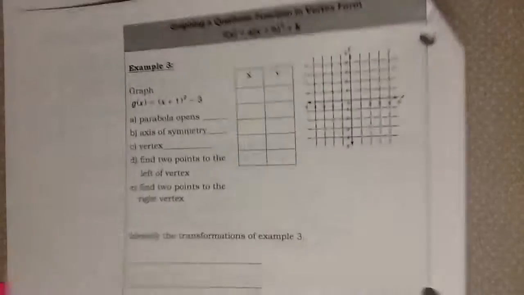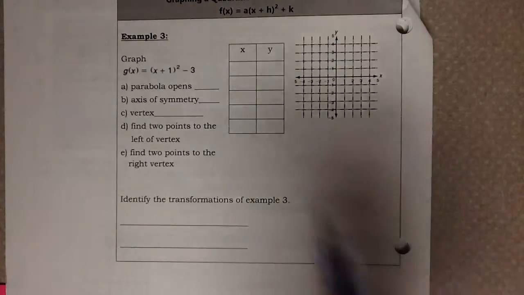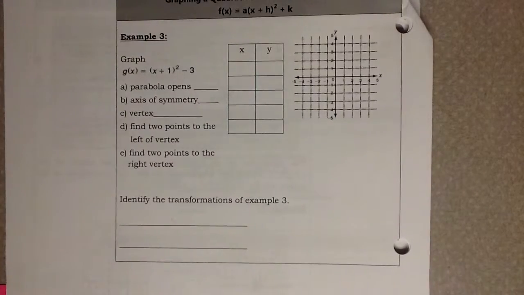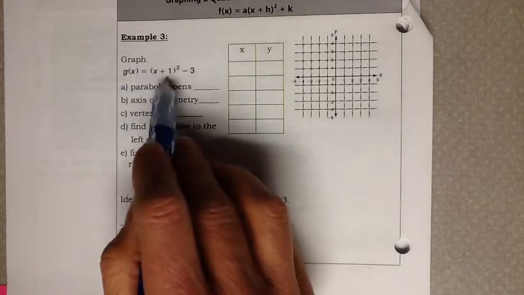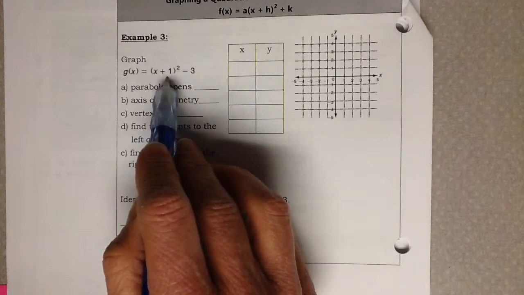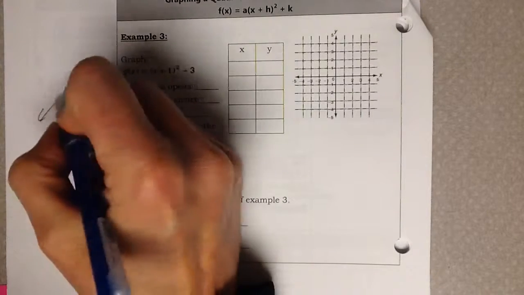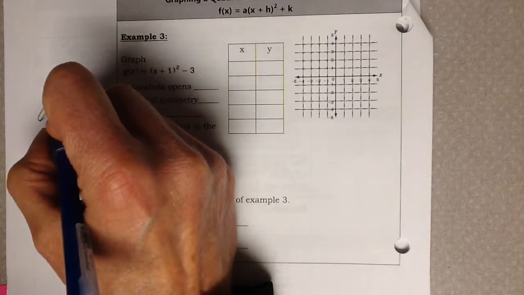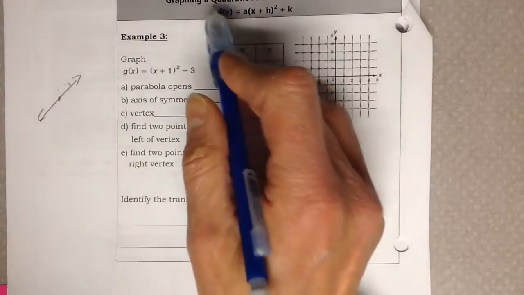All right, now we're going to put yesterday and today together, and we're going to graph and identify a few things here. So we are going to graph, and the first thing that we need is the vertex. When you're graphing a line, the first thing you want is the slope, or the y-intercept, and then the slope, and you can graph your line. With a parabola, you need to start